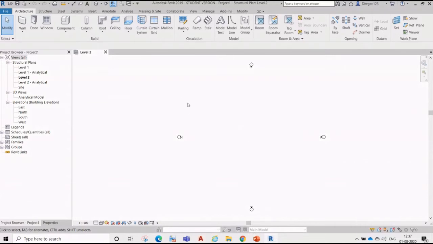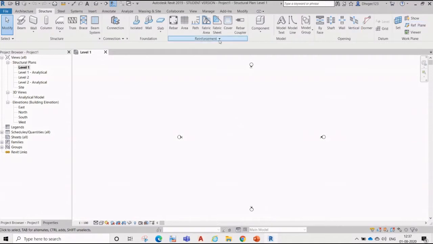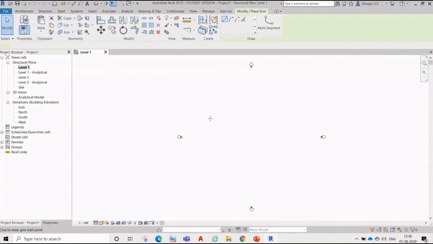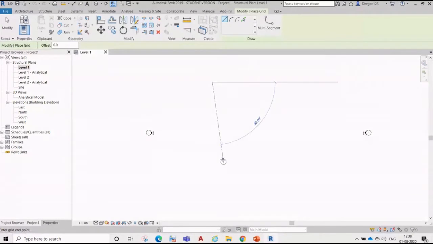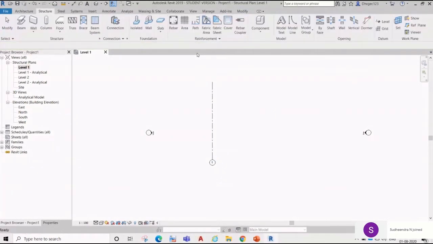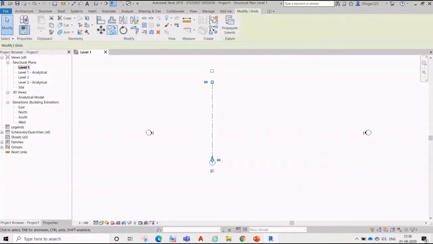Okay. So what we'll do first, we'll draw one grid system. For the grid system, we'll go to structural, then you will see grid over here. Just start drawing one straight grid, right? And then make a copy of it.